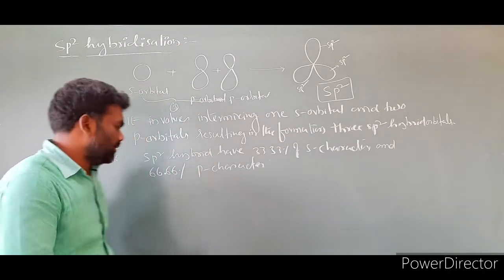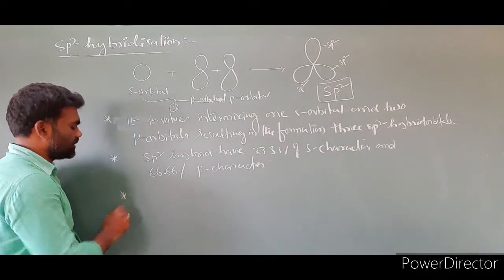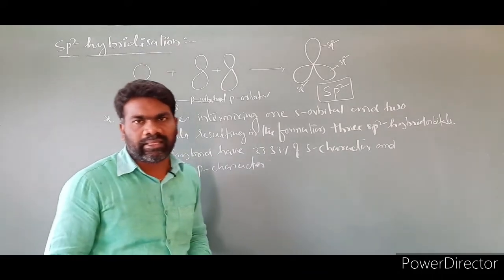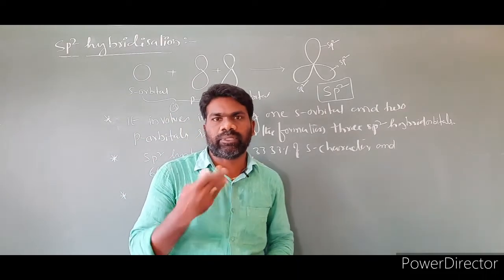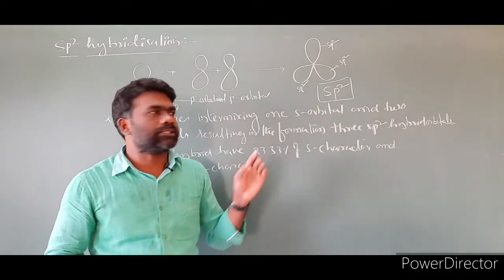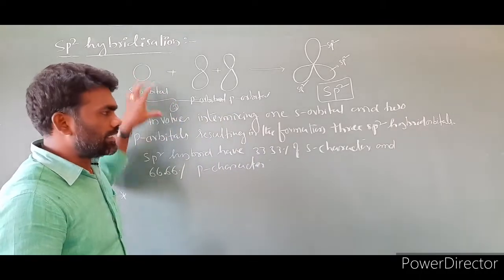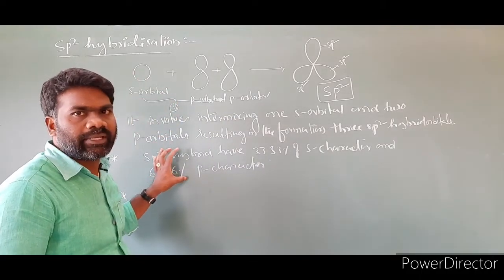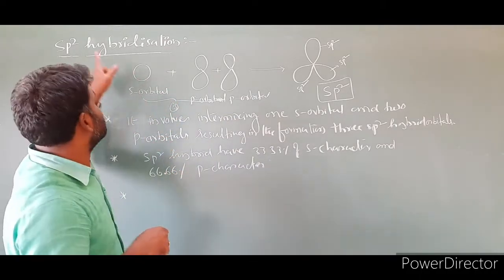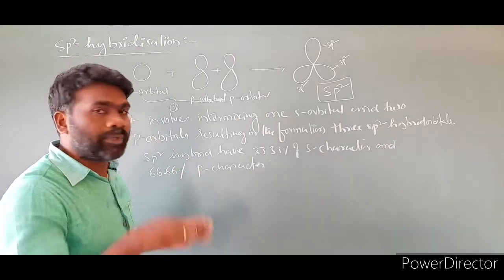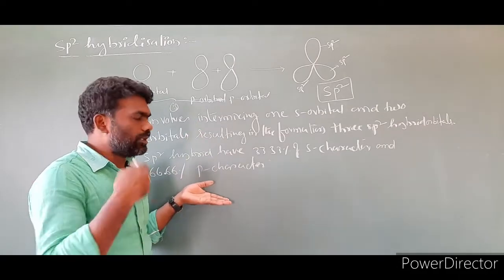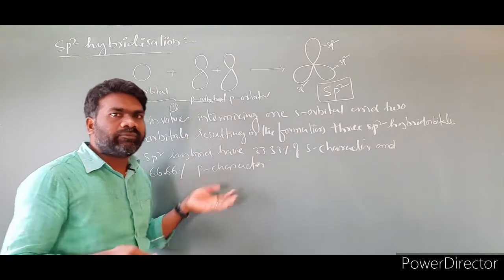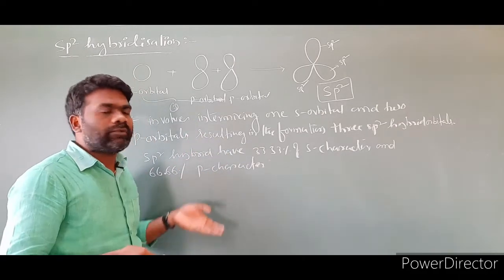What is the third point? As I said in the previous case, the third point is the bond angle. The fourth point is the shape of the hybrid orbitals. The first point is what the hybridization is, the second is the percentage of s character and p character. Previously, sp hybridization was explained the same way, and further ahead you will give the same sentences in the same pattern. So you are able to do it yourself. If you understand it for one molecule, you can do the remaining ones yourself.